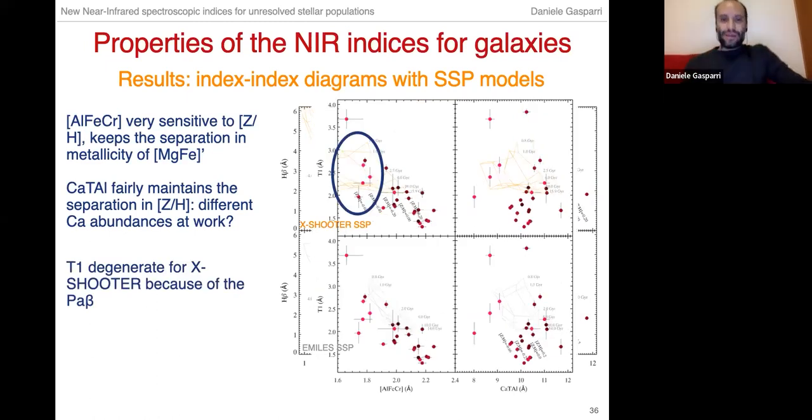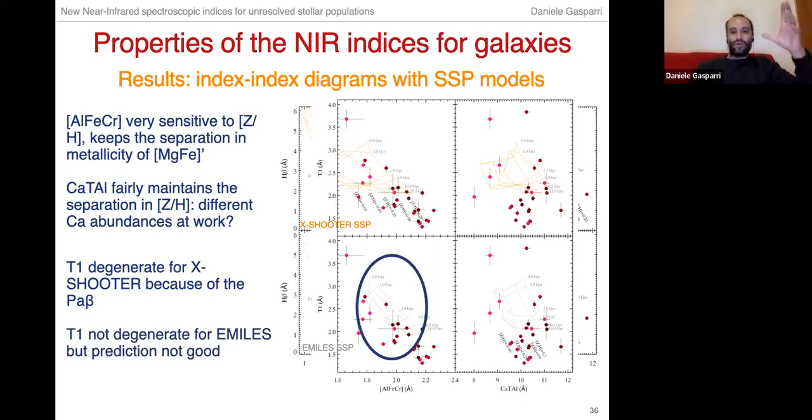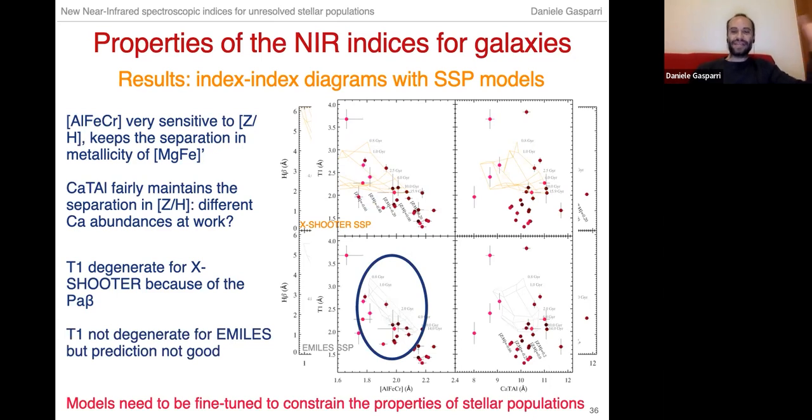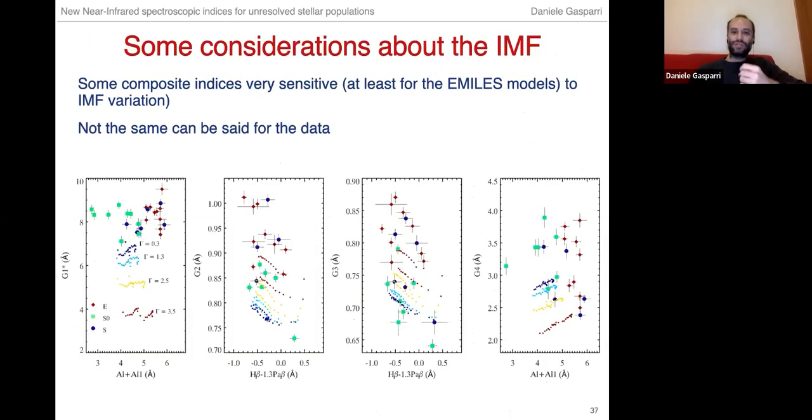The problem arises when we substitute the H beta with the Paschen beta, because the models explode. The models, especially the X-shooter models, have some problems parameterizing the equivalent width of the absorption line of the Paschen beta line. I don't know why. They become degenerate. They have a very different behavior with respect to the E-MILES models, and I don't know the reason. So the conclusion of this analysis is that the models still cannot be used to retrieve the information of stellar population in the